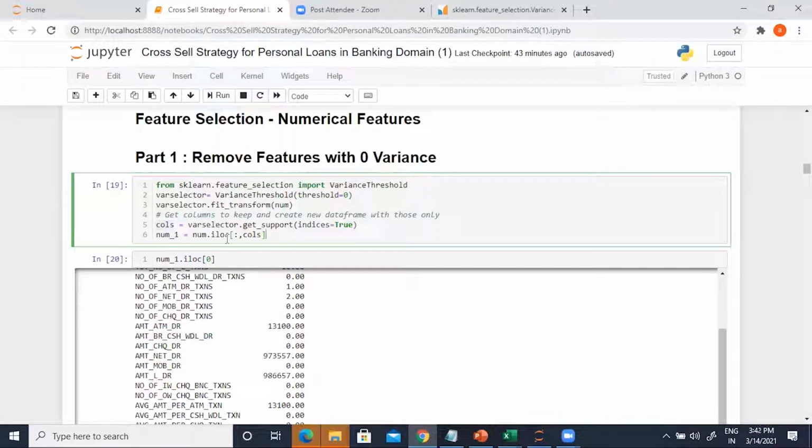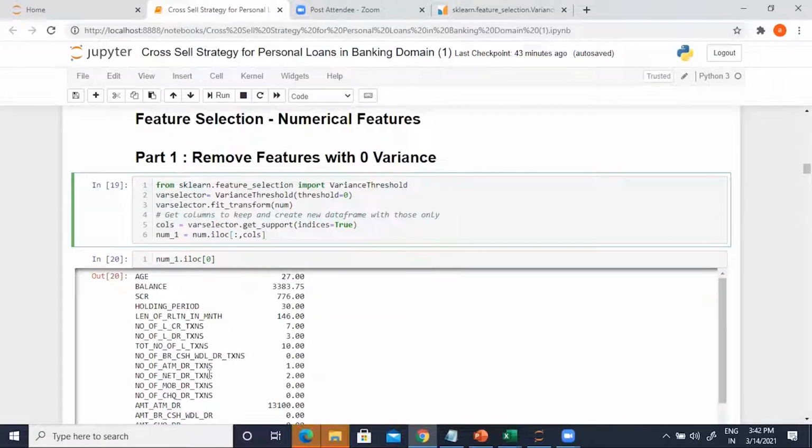Now, the funny thing is that this data set has all features with more than zero variance, so it will not drop anything for you. But in any other project, say you had 3,000 or 4,000 features, it would not be possible for you to manually figure out which feature has zero variance and then manually remove it from the data, right?